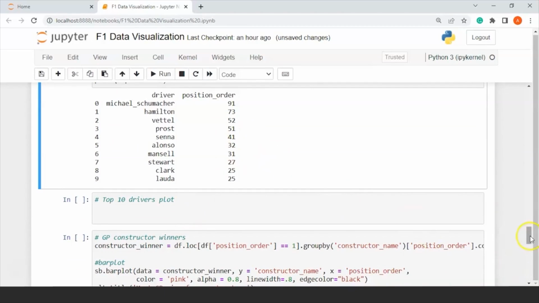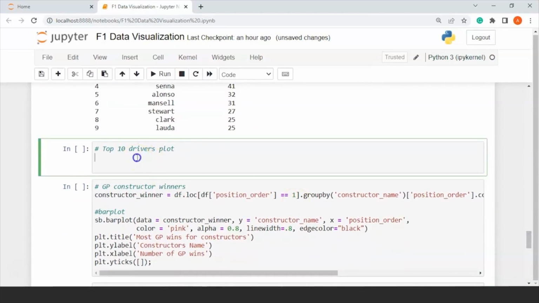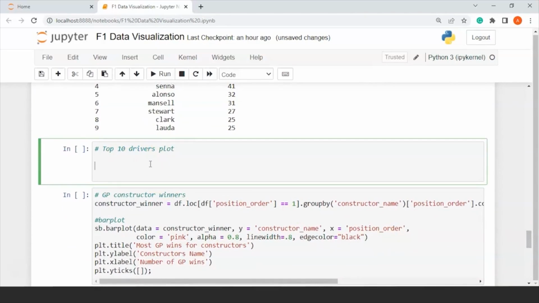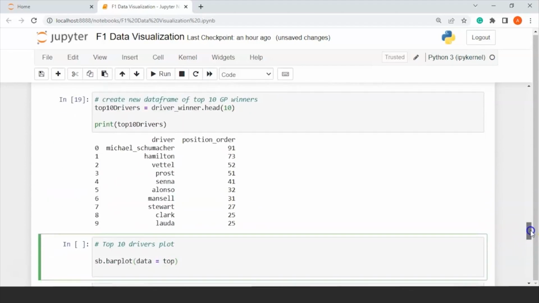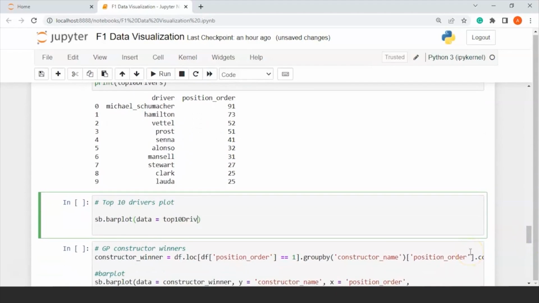Now using this data, we'll create another bar plot for the top 10 drivers. So I'll say sb.barplot. I'll say data equal to the name that we have used, that is top 10 drivers. In the y-axis, we'll have the driver name. In the x-axis, we'll have position_order. For the bars, I'm going to use a color equal to,